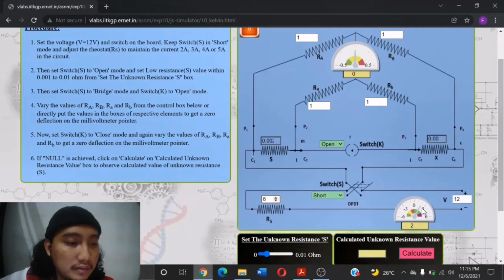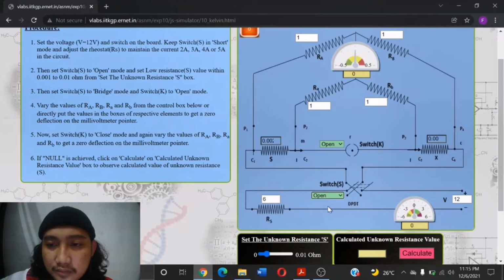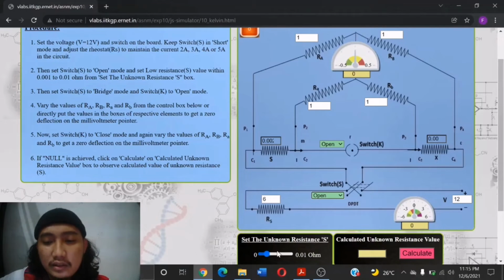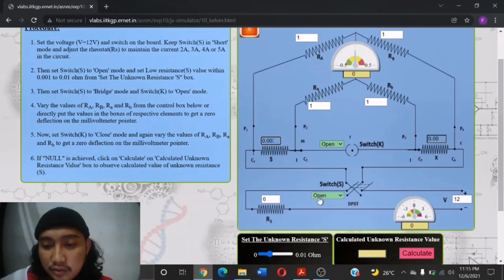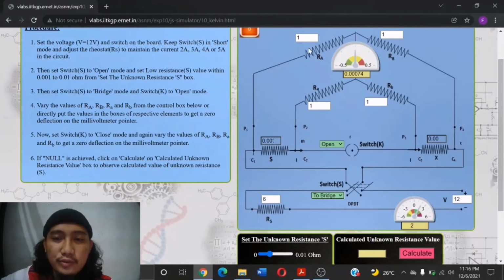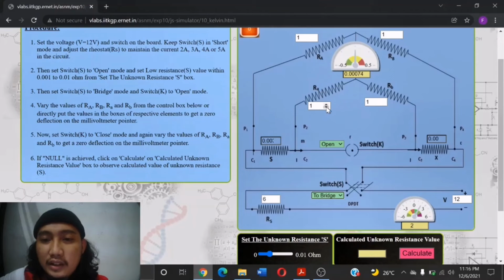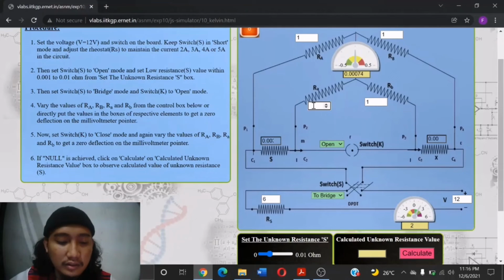And then we set the switch to open mode. Then we adjust the resistor. So we choose 0.03 for the low resistor. Next we switch to the bridge and make sure the switch is in open mode. Next we need to adjust RA and RB. So here we put 300